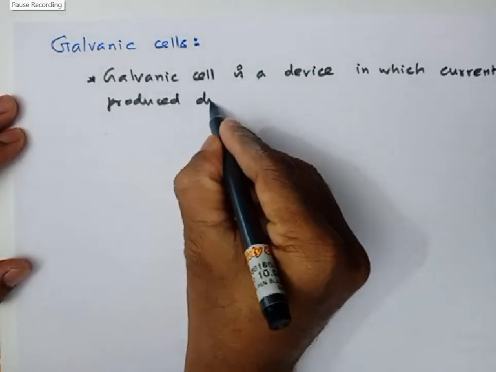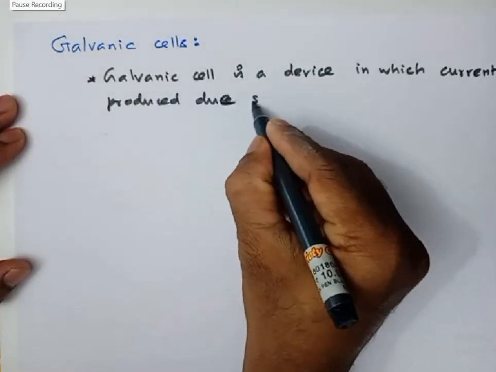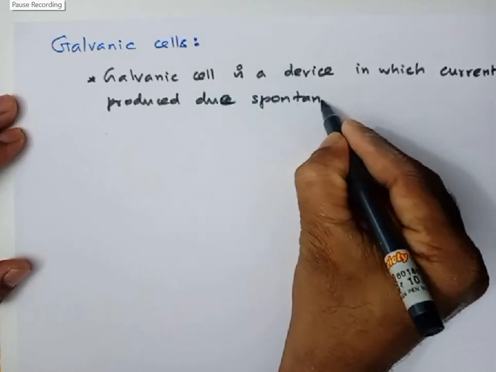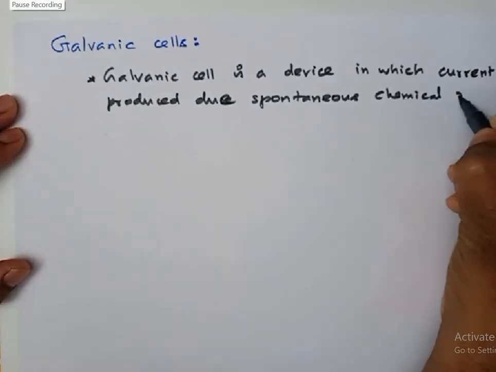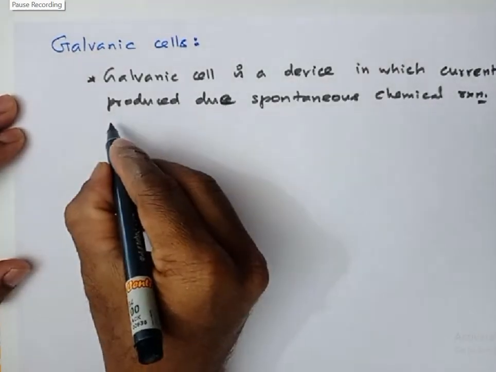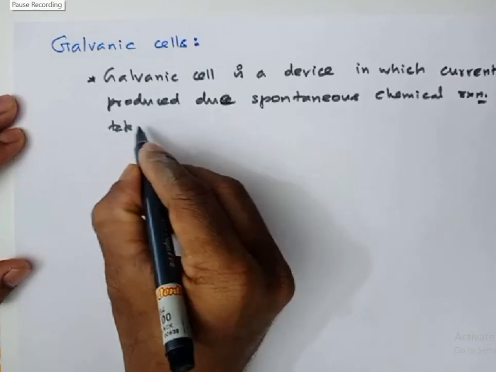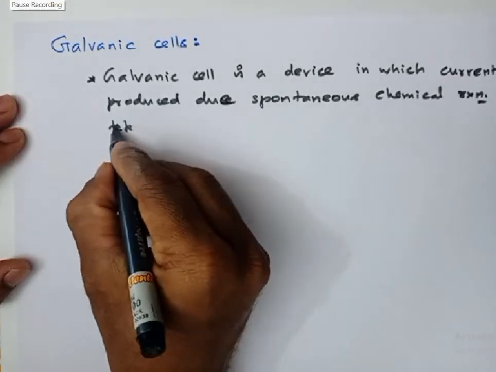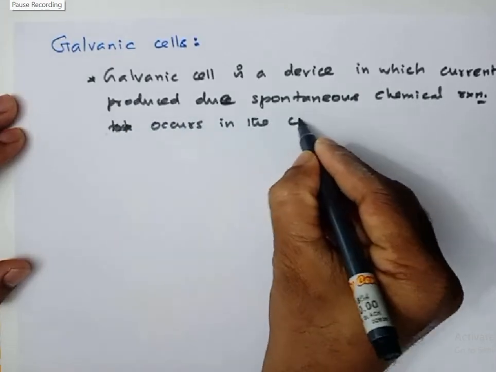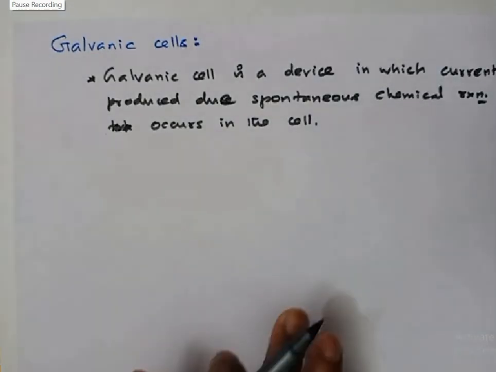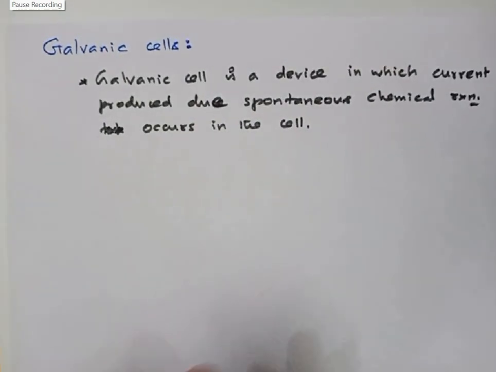due to spontaneous chemical reaction taking place in the cell. Okay, so this is what we call a galvanic cell. A galvanic cell is a device in which current is produced due to a spontaneous chemical reaction that occurs in the cell,